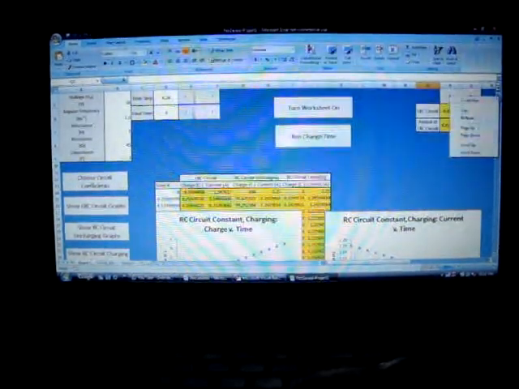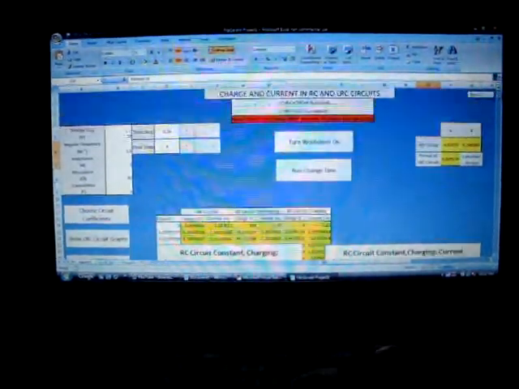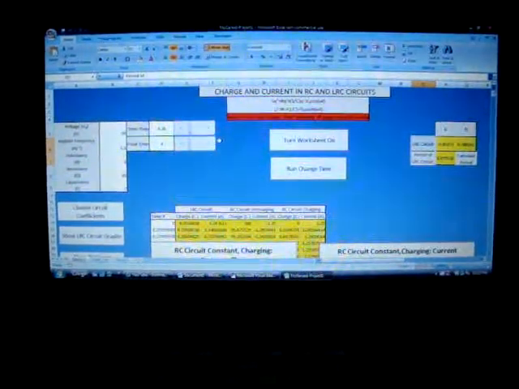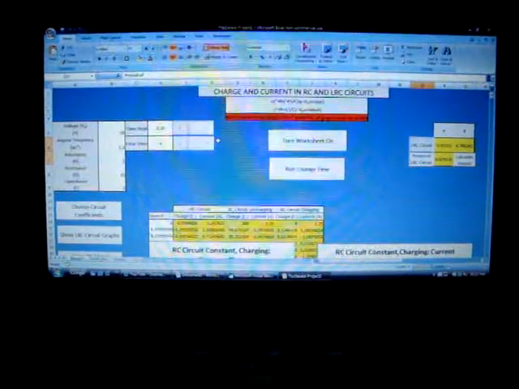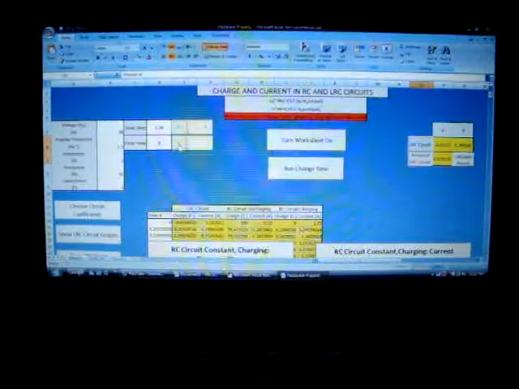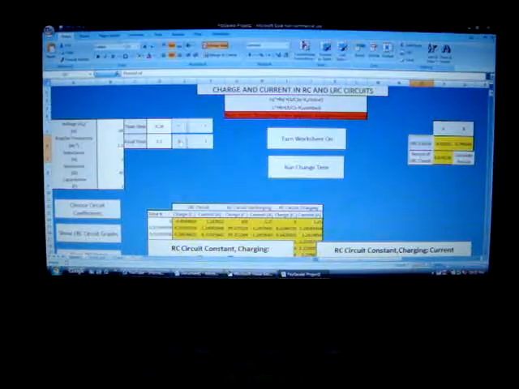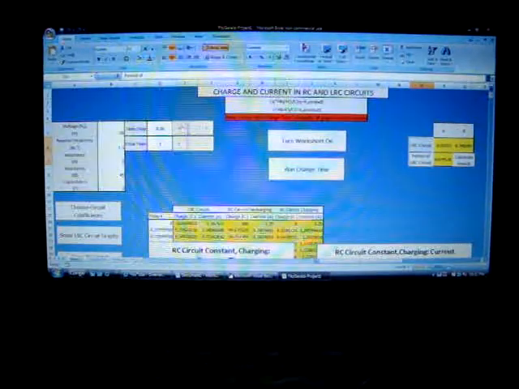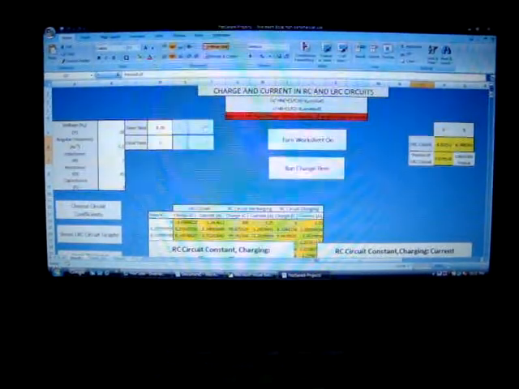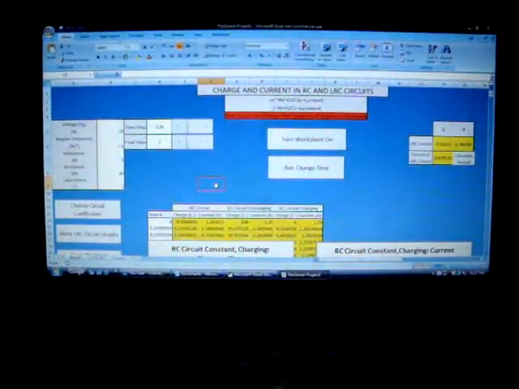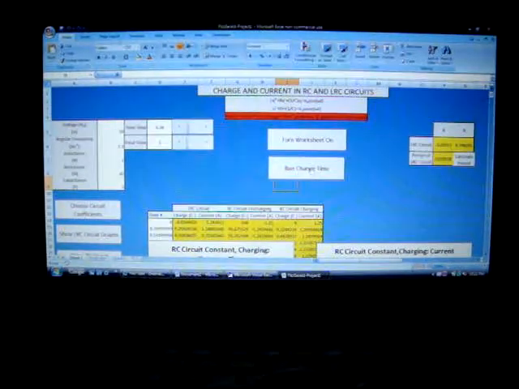So let's say we want to run the program, change the time, and see what the graphs are for these equations. You can choose the final time, which we'll say is 3. Use the little scroll bar over here. And then use a time step of, say, 0.26. So then we can click run change time,